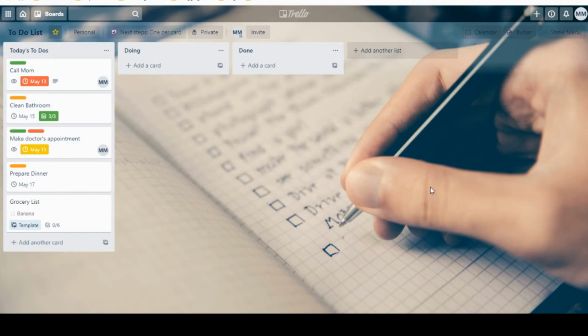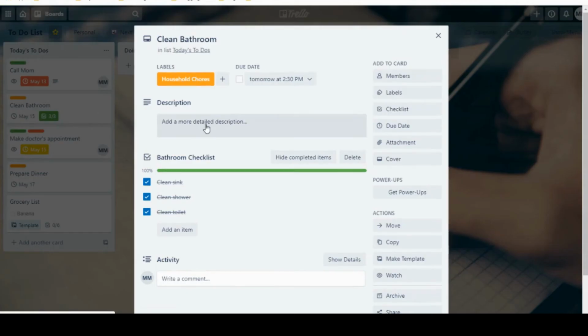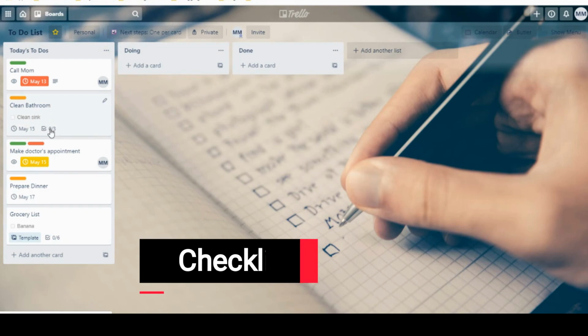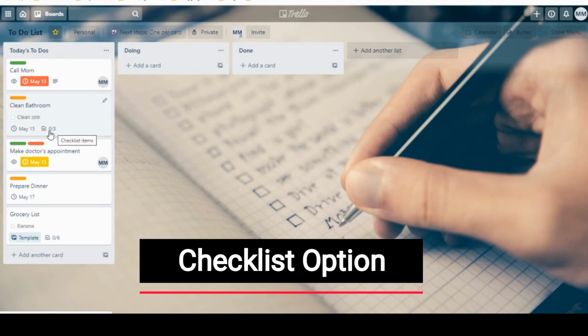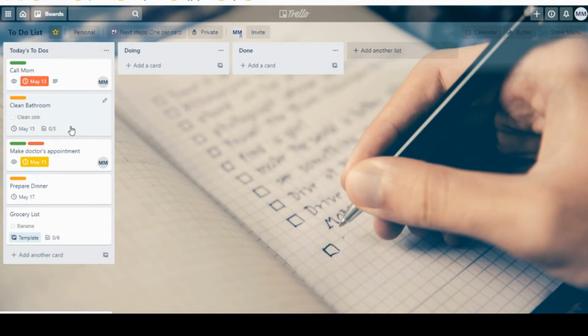Okay, and then I want to go through how to do this. So you can see here that I have some checklist items that are actually showing up on here. Now, typically that doesn't happen. So let me uncheck these ones too, so you can see on here. Typically it would look just like this part right here, where you see 0 of 3, and you actually have to click on the card in order to see your checklist. But you can see here that I have some of my checklists showing.